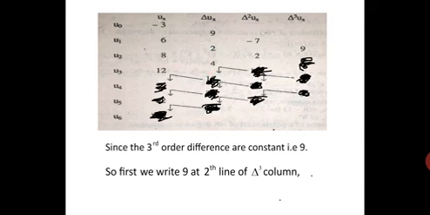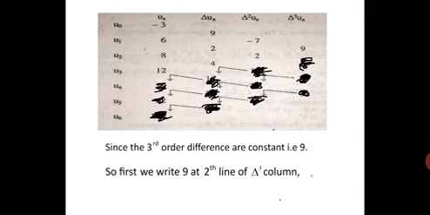Similarly, we will find the second difference. Here it is delta square of u of x. That is the difference of delta of u of x. 2 minus 9, minus 7. 4 minus 2, 2 it is, right? Similarly, if you make the difference of 2 minus of minus 7, it will become plus 7. So 2 plus 7, it will be 9. I have written it here.